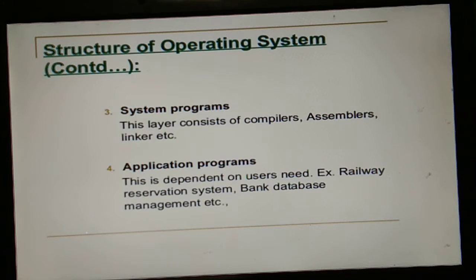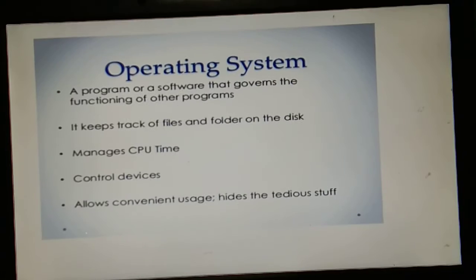Basically, this is dependent on the user's need and it is totally dependent on the instructions given by the user. So, my dear students, in short, operating system is a program or software that helps to run our program and it also keeps all the files and folders at a particular place.